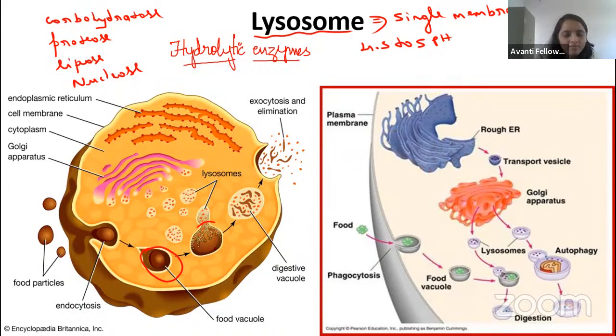Okay guys, do you agree with this? Now what will happen? Through exocytosis. What do you mean by exocytosis? Endocytosis, you all know, means engulfing. Exocytosis means releasing outside. All the breakdown products will be released outside from the macrophage. This is how our lysosome, the suicidal bag, helps. Do you understand this, guys?